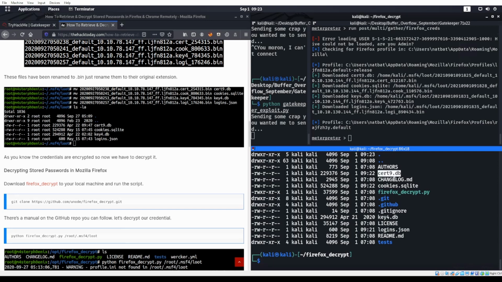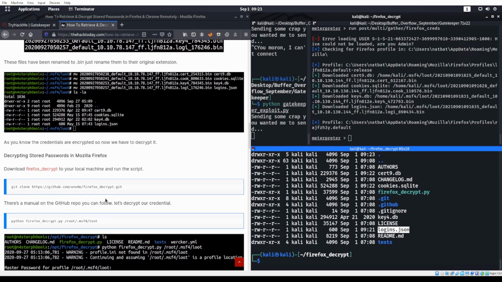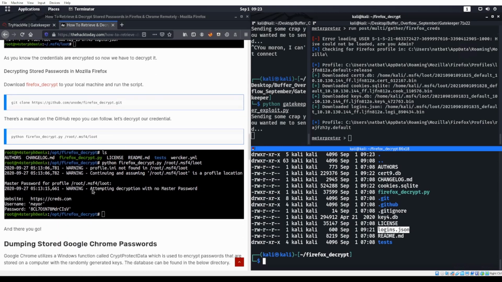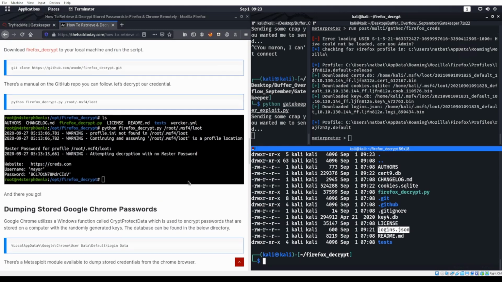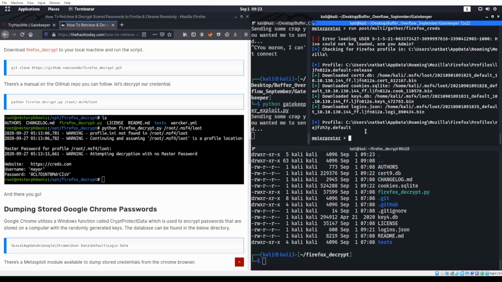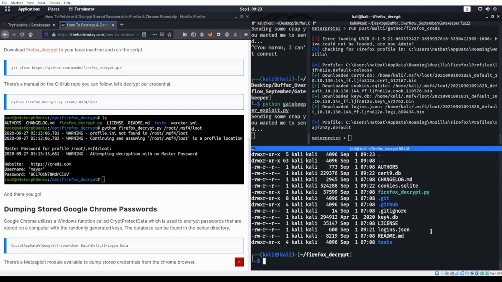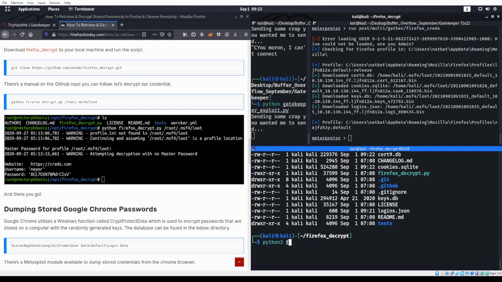So I should have those 4 files in here. I have 1, 2, 3, 4. Cool, looks good. Alright, and now there's a manual on GitHub. Okay, download that guy. Yep, okay. Oh, do I just run it now? I think it's actually somewhere out of this box. Do I just run Python 3 Firefox? Is it even